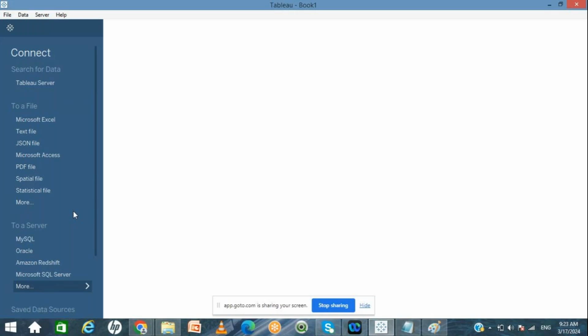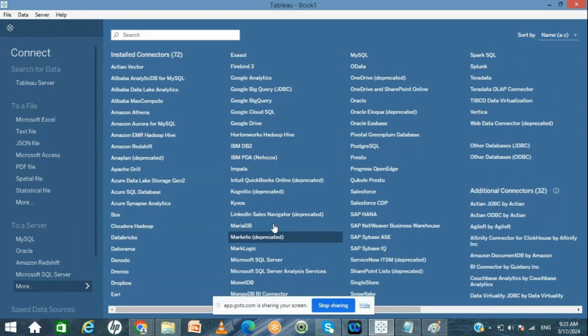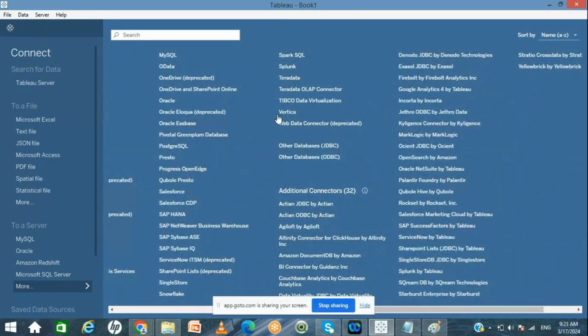Basically, you can connect to more than 50 database drivers, like Amazon database drivers, Oracle database drivers, SAP database drivers. Every database driver is a free driver. That is the biggest advantage. For example, see here, you can see the database drivers, right? These are the drivers. For example, if you want to connect to SAP HANA, just click on the